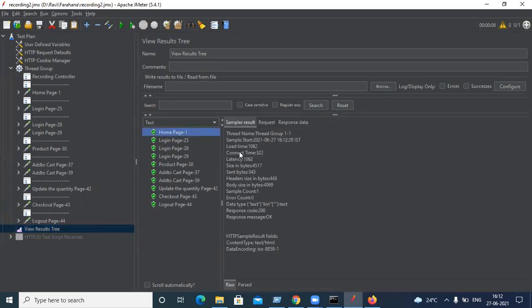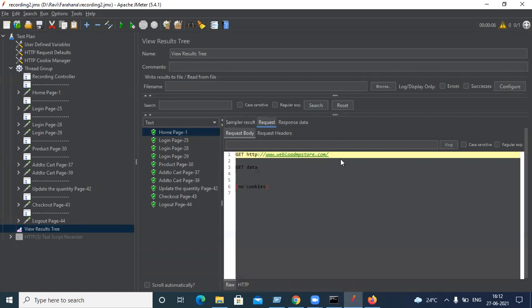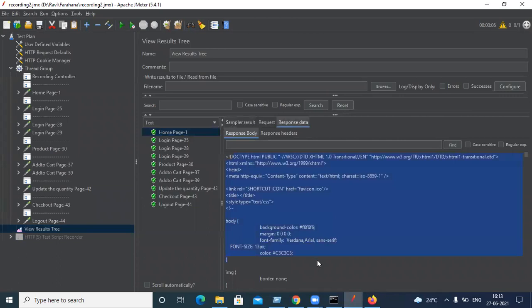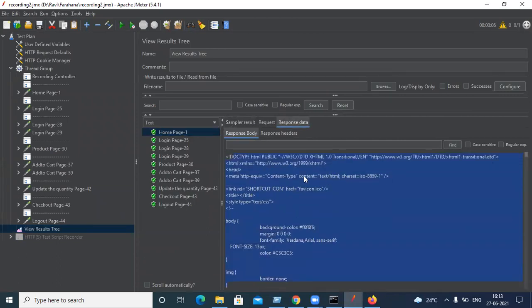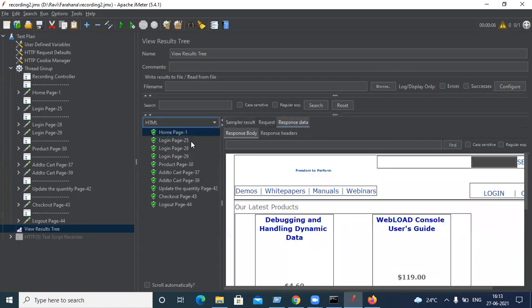Currently, as we are new to the tool, we won't understand everything, so we'll check only the API request and the response. By default, the response would be in this shape, HTML. To make sure whatever we captured is correct or not, we should change it to browser or HTML. Okay, so this is what we expected.